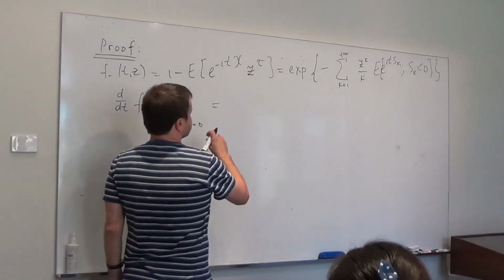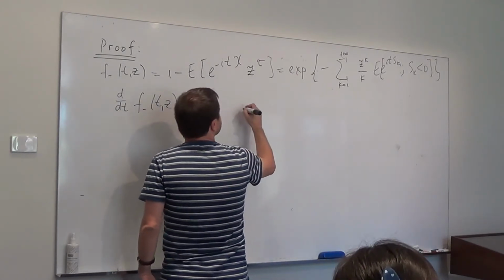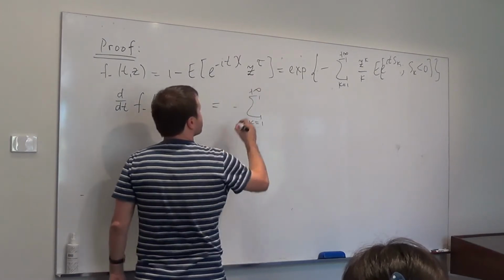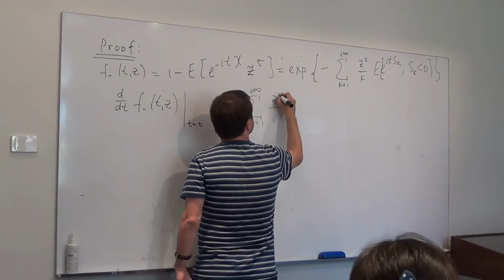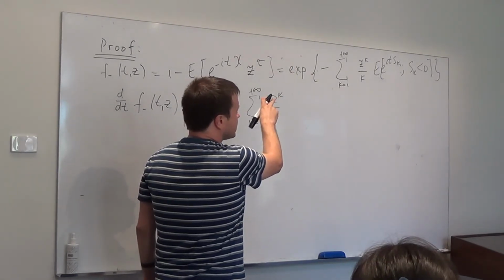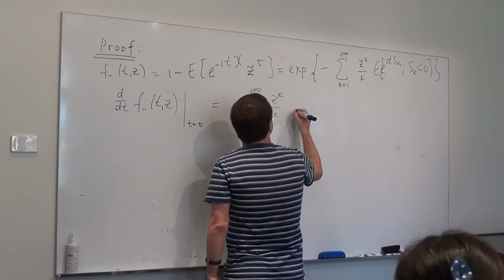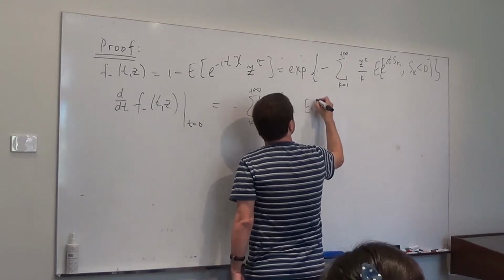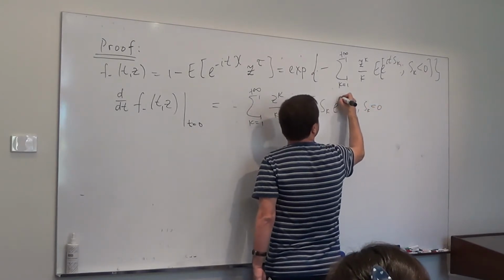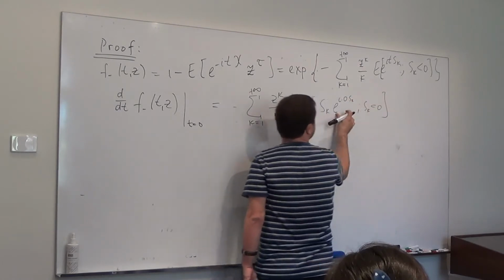So when we differentiate the right-hand side, what we are going to get is the sum from 1 to plus infinity, z to the power k over k. So there was no t here, and the only t which I have is inside the expectation. So when I differentiate this, I will get I times s_k, so that's going to be expectation of s_k on the event s_k less than 0, e to the power I times, I'm going to put t equal to 0, so that's going to be 0 times s_k. So you can simply ignore this exponent,